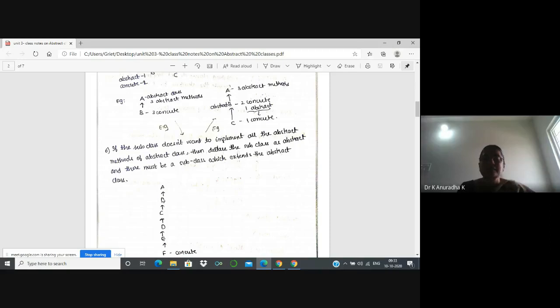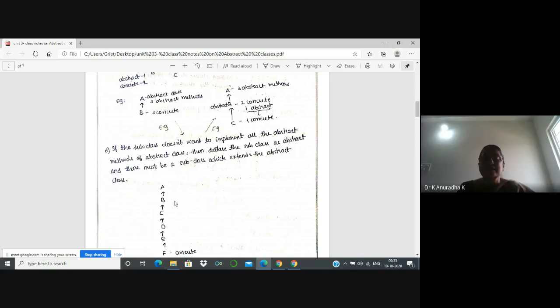But the subclass B wants to provide implementation to only two abstract methods of class A, and it doesn't want to provide implementation to one abstract method of that class A. So in that case, what we have to do is again declare this class B as abstract. Abstract class B extends A, because inheritance, no?